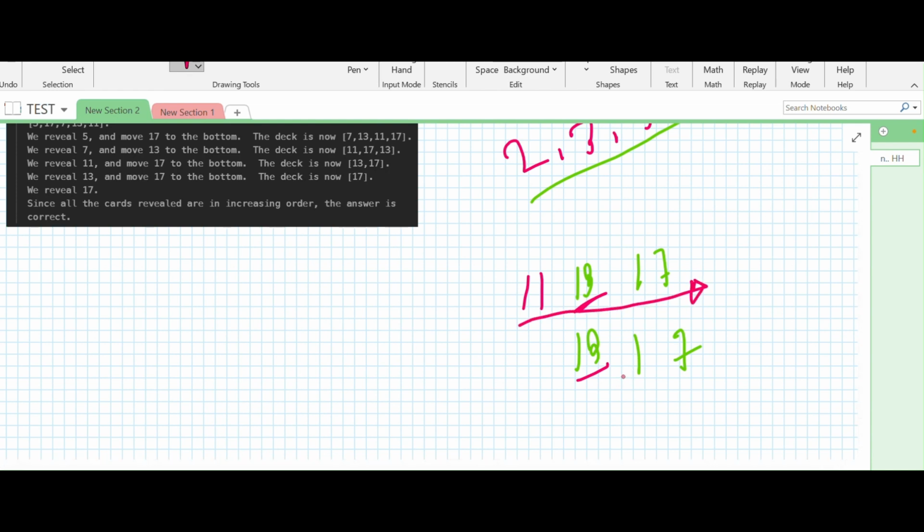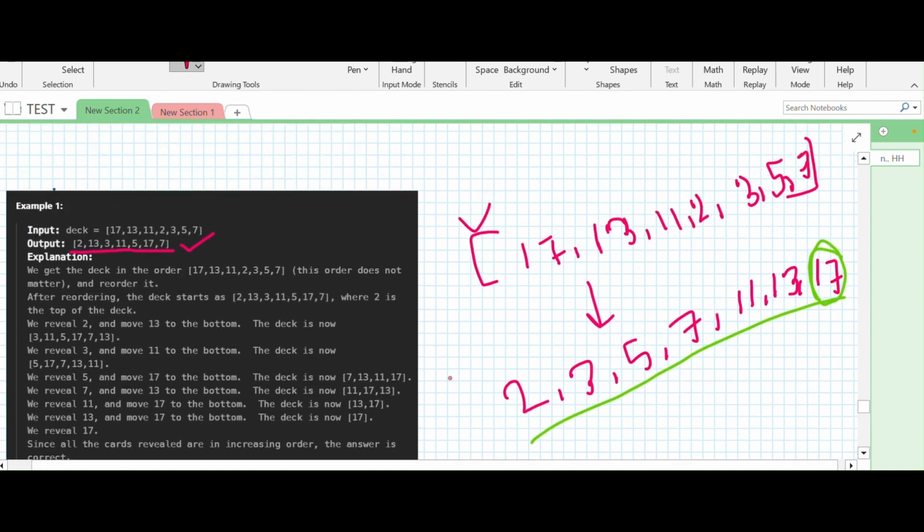What are the rules? We just remove the last element and push it back in the first position, and push the first element as my current. So 11 17 13 gives me the sequence 11 13 17, and what I have to do,